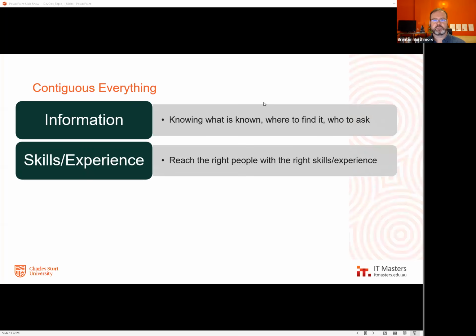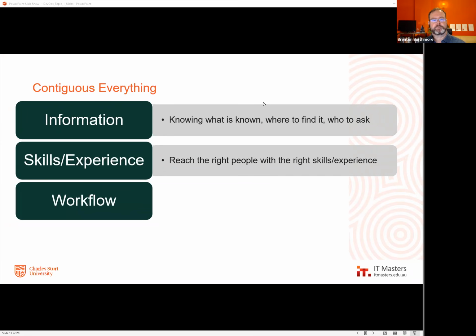Contiguous knowledge, contiguous information is a part of it, but also having skills and experience, not just yours, everybody's, adjacent to you. One action away, I can bring in whatever skill and whatever experience I need to bring to bear on this question, on this problem, on this decision, on this action. With one action, I can have the right skills and expertise looking at this. That's what I need to be able to do to be efficient.